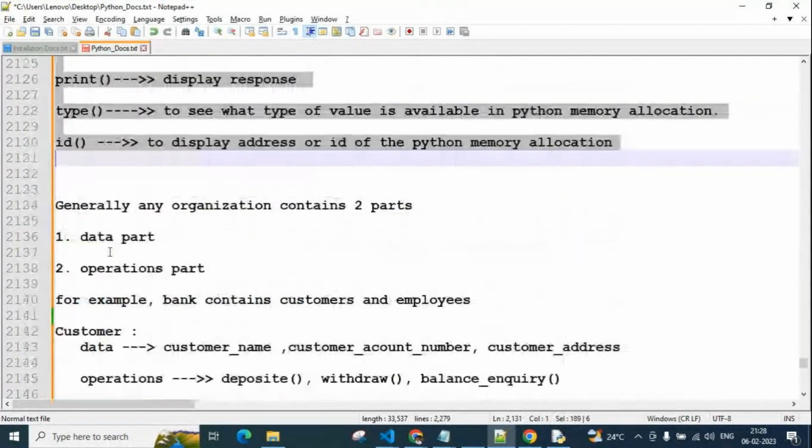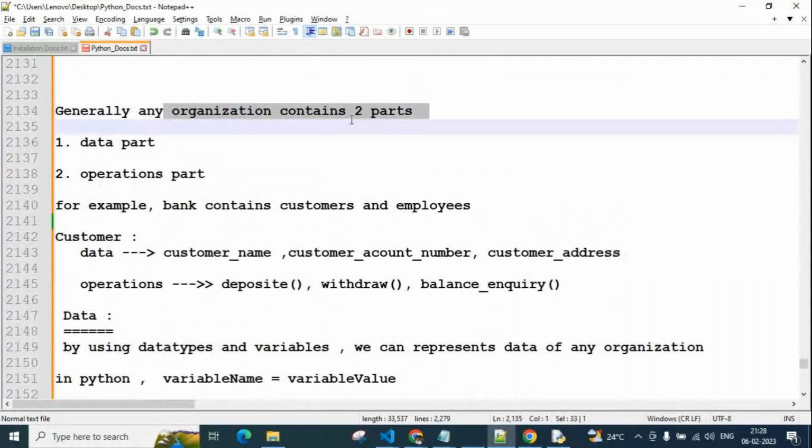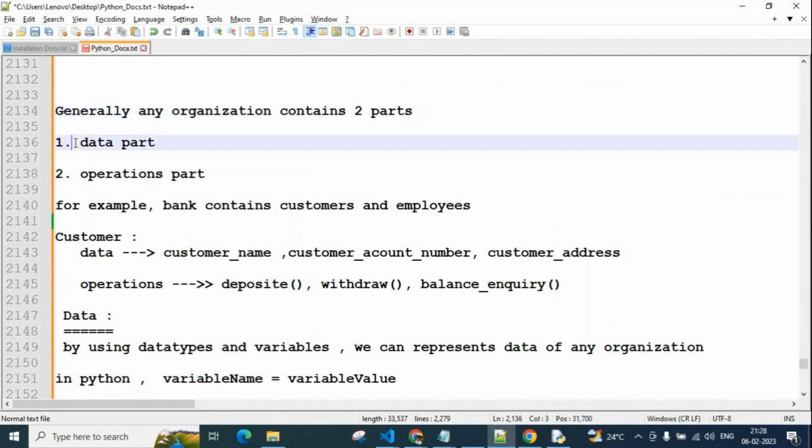After that, when we take any organization or any concept in real time, every organization contains a data part and an operations part. How we represent that organization's related data, and how we perform the actions that organization can do.